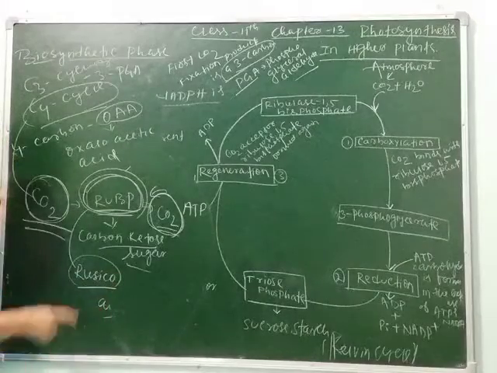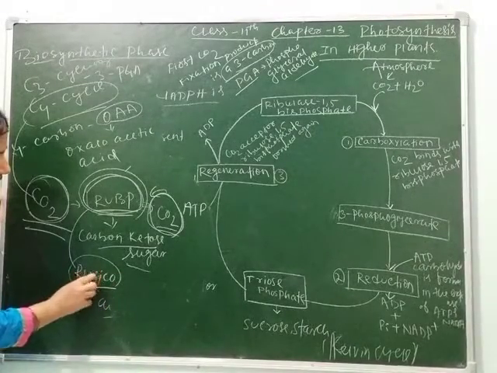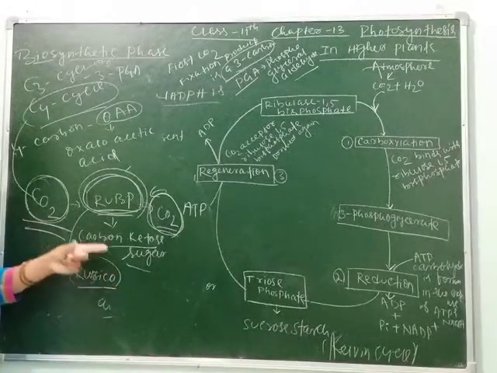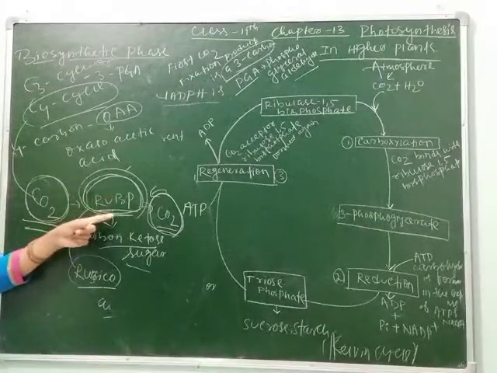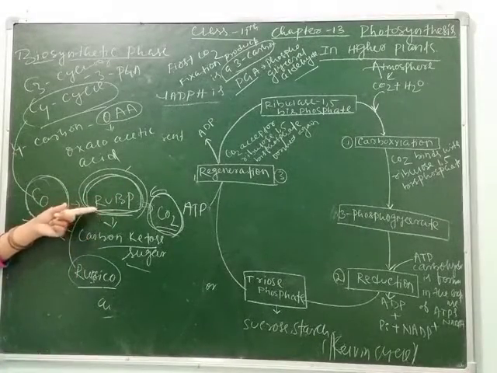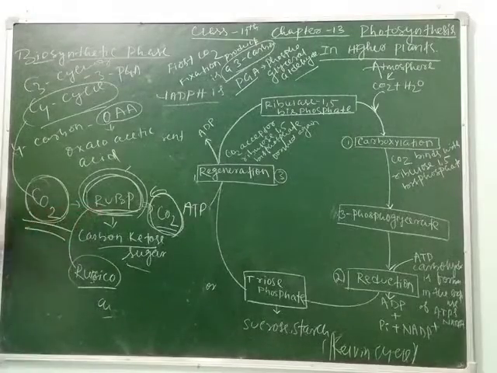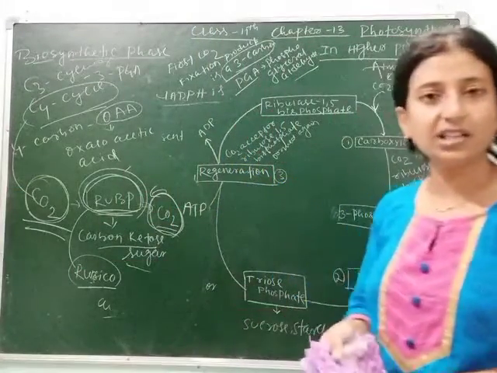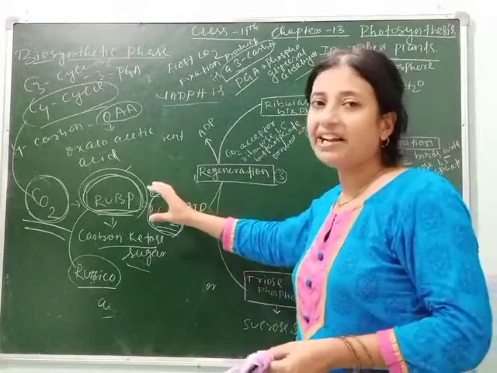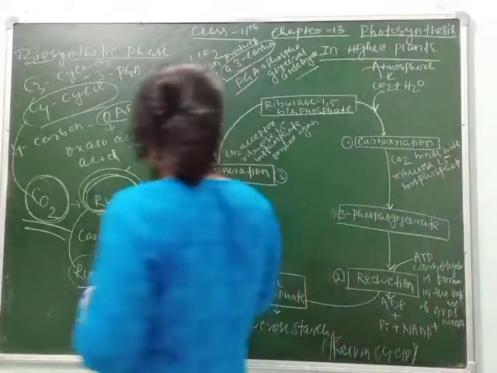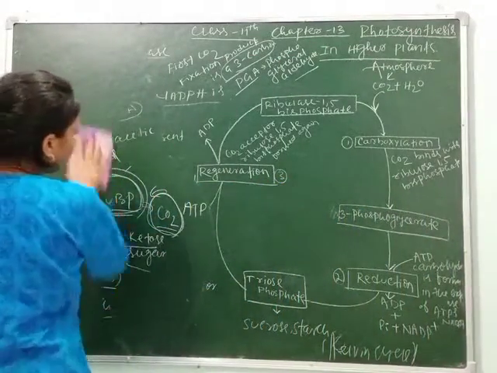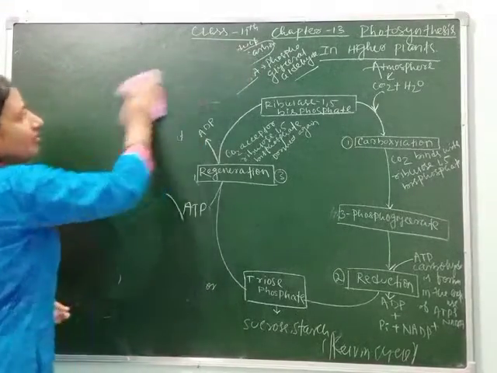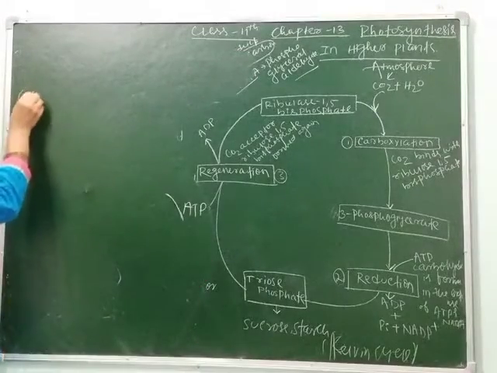What do we mean by Rubisco? Rubisco means ribulose bisphosphate carboxylase oxygenase. This is the enzyme which takes part during photosynthesis. Let's understand what the Calvin cycle is, and we will again study the C3 and C4. This is not all. This is the hint just before we understand the Calvin cycle. So now let's understand the Calvin cycle, or C3 cycle. Let's see what happens during the Calvin cycle.